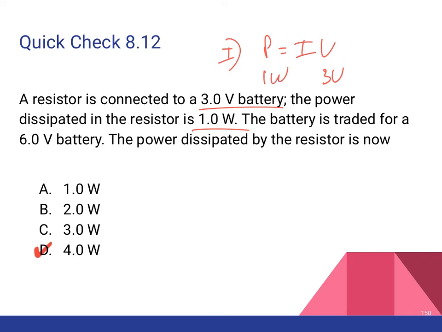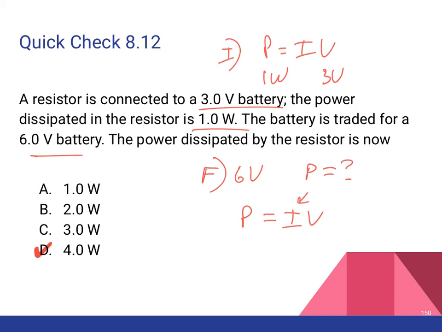But now it says the battery is traded for a 6-volt battery, so my new case, my final case, I have 6 volts, and I'm wondering what the power is going to be. If I use P equals IV and solve for the current in my initial case and plug it in here, that wouldn't work, because the current changes as a factor of the voltage. So I'm actually going to use Ohm's law real quick,